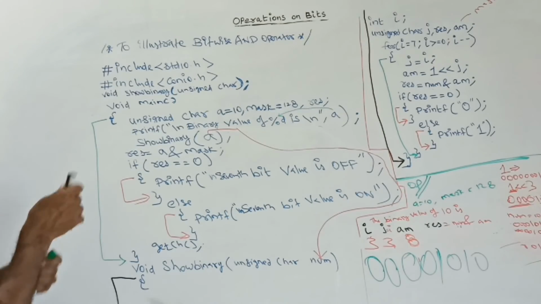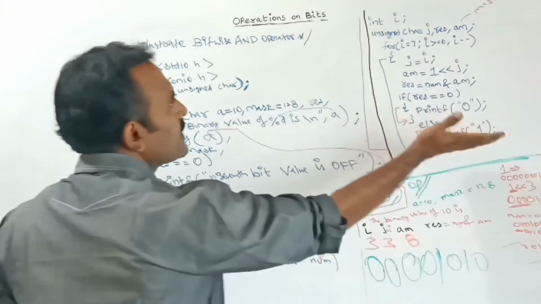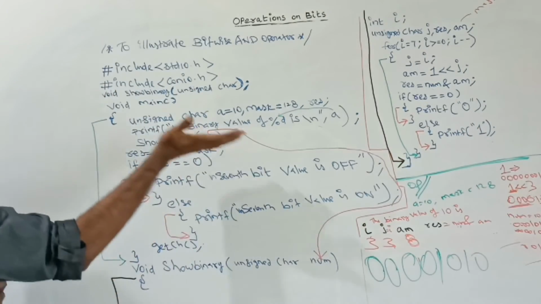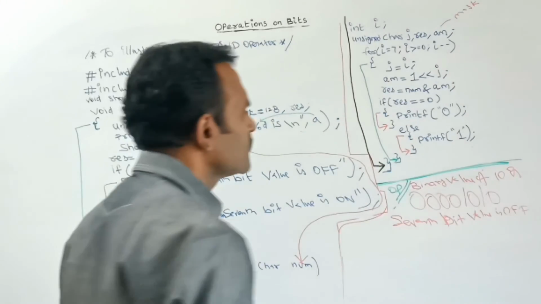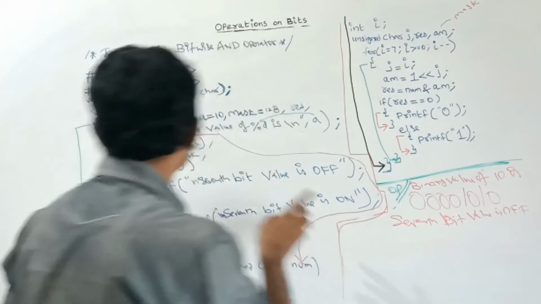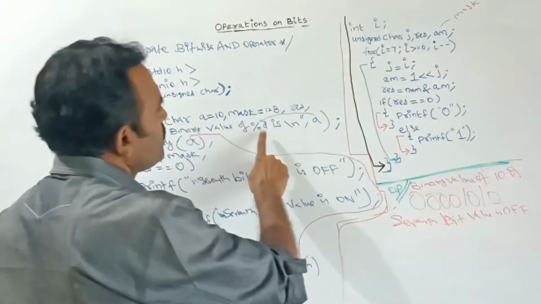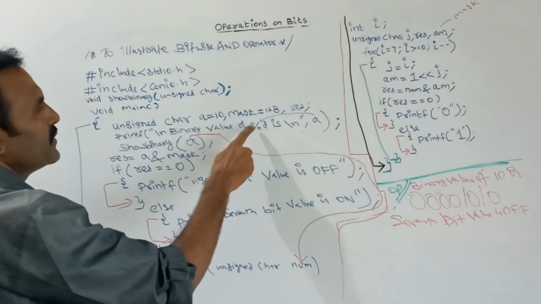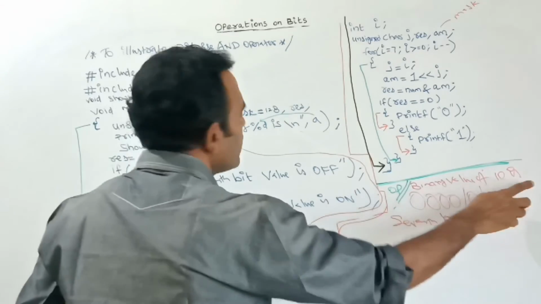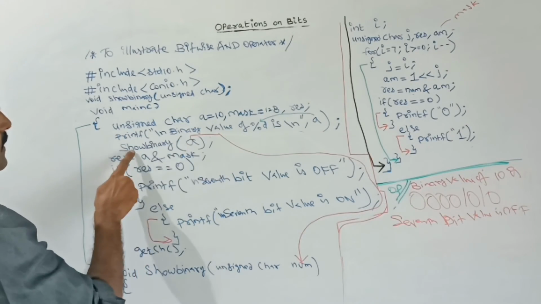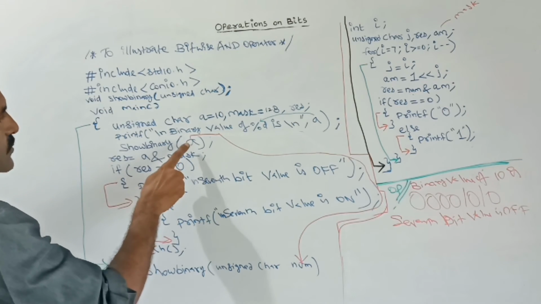Now we are in this step. After completing this user defined function, the controller will come back here. So finally this is the answer. Here the binary value of percentage D is the binary value of this A value 10. Next, I am passing that A value to the binary user defined function.